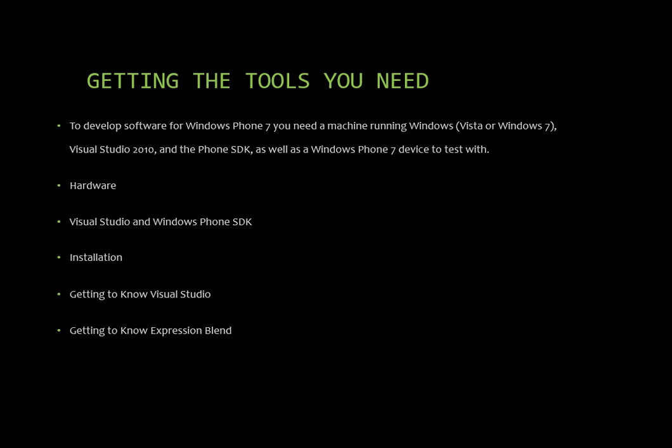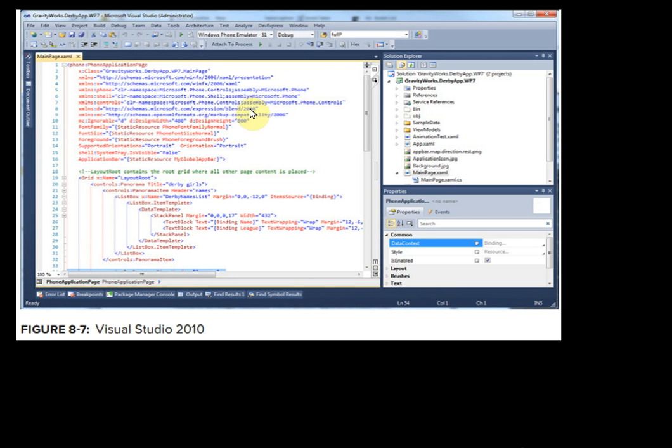Other than that, getting to know about Visual Studio. We have all worked in Visual Studio at one point or the other. It will appear something like this. This is just a screenshot of your Visual Studio, which is an IDE from Microsoft for the .NET framework. Visual Studio Express for Windows Phone is a trimmed down version of Microsoft's full retail product. It provides the developer with everything they need to develop a Windows Phone app.